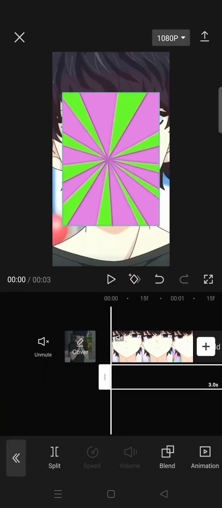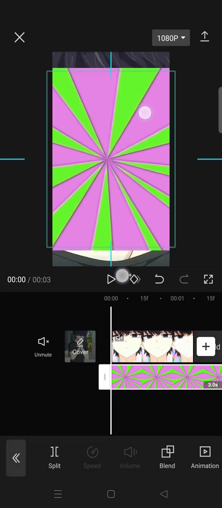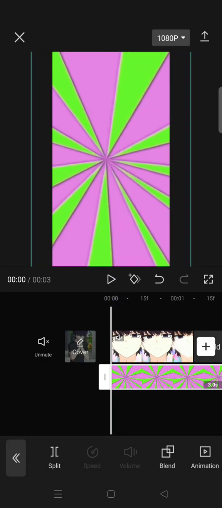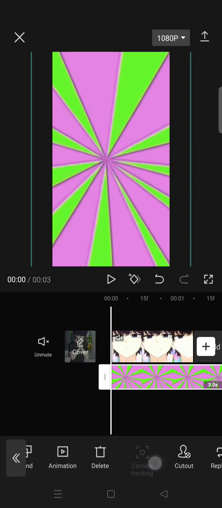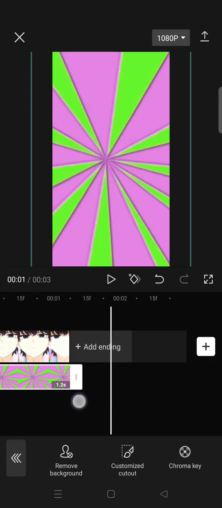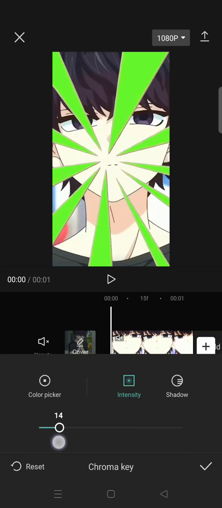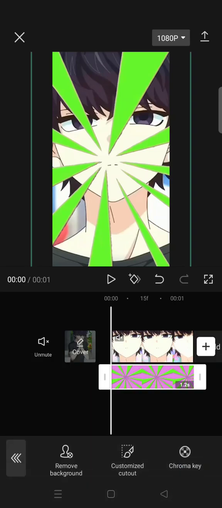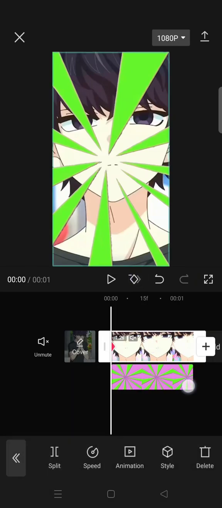Okay, fit the size like this and then click on the overlay and go to cutout and now click on the chroma key and drag the color picker to the pink one. Okay, this one, and adjust the intensity to around 15 and shadow 100. Okay, click on a check icon, then just add 2 keyframes on the main clip in the beginning and also the end,